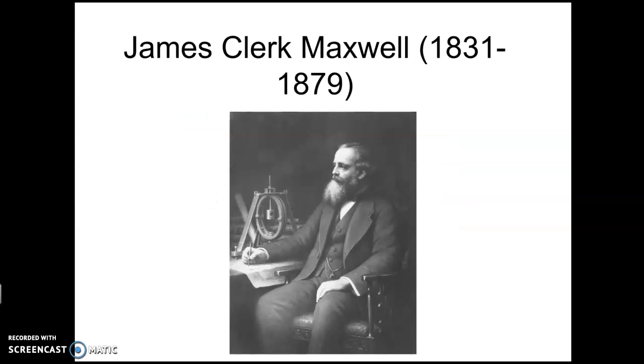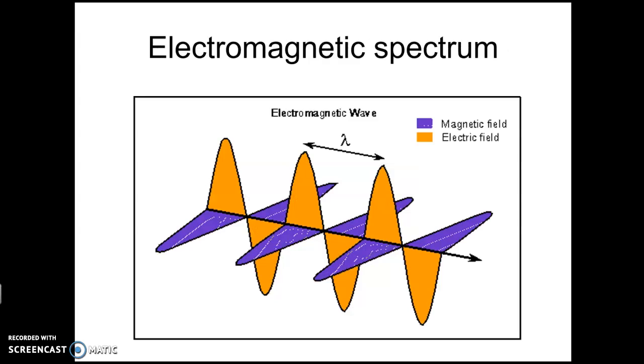Just to finish this first part of waves revision, I'm going to talk a little bit about the electromagnetic spectrum. This is a Scottish physicist. After Newton and Einstein, probably the third most famous or important physicist, James Clerk Maxwell. He was a mathematical physicist, who lived, as you can see, about 150 years ago. Now he took the formulas that